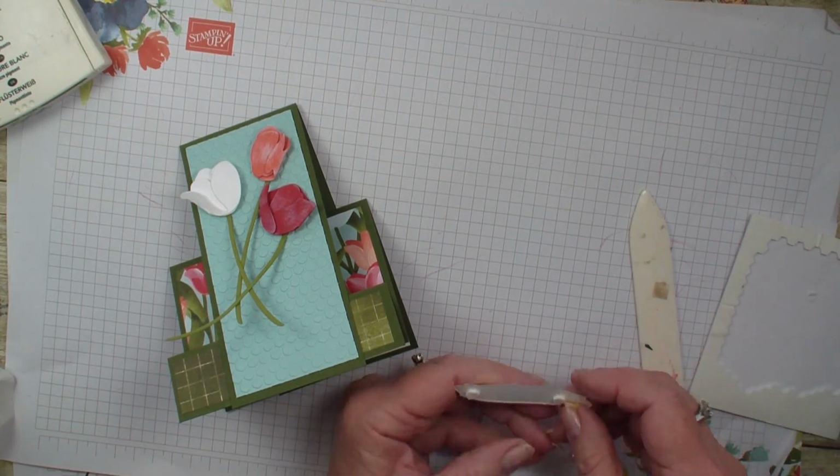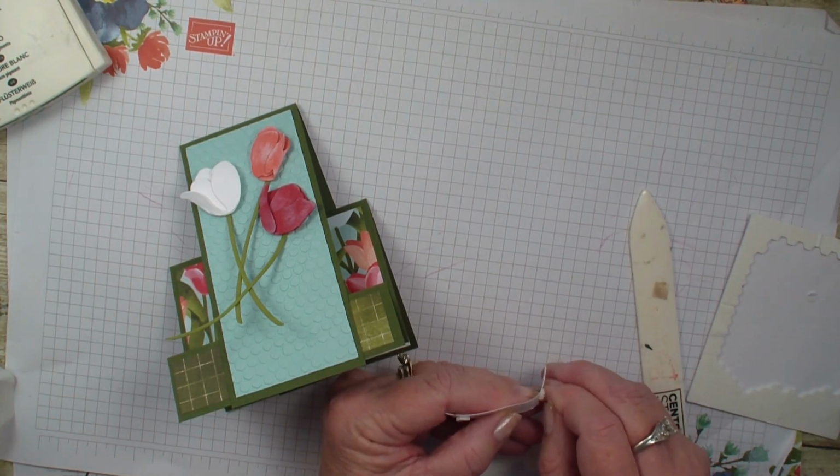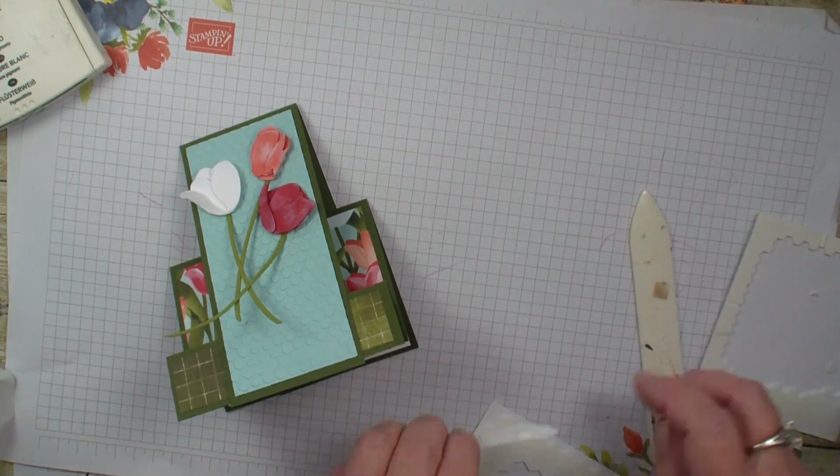So I have got my verse, and we're going to go ahead and see exactly where